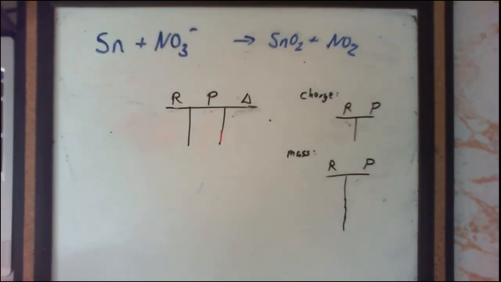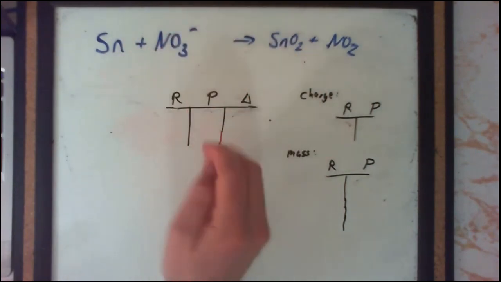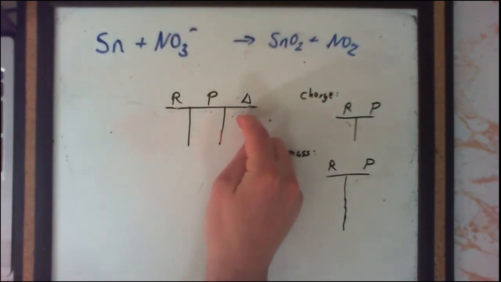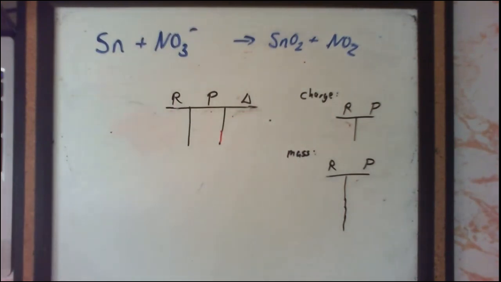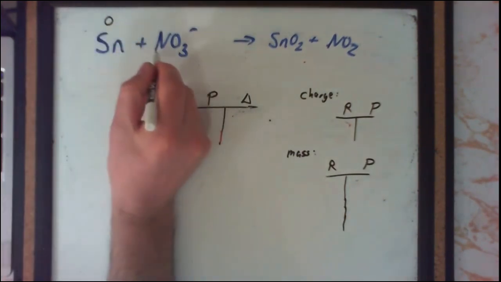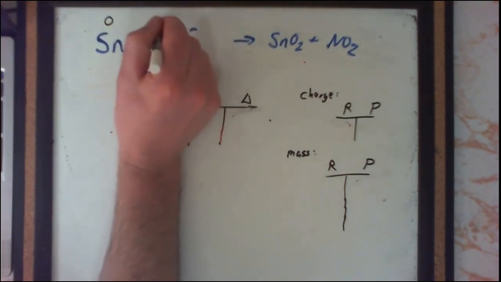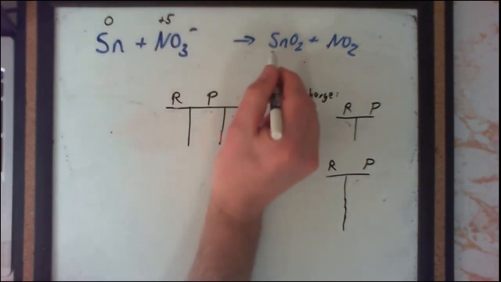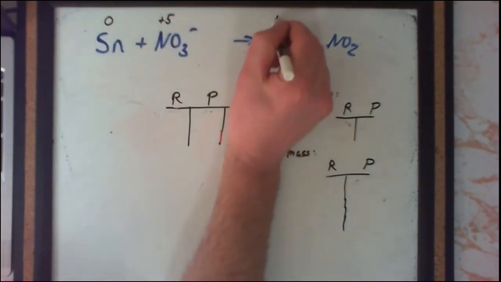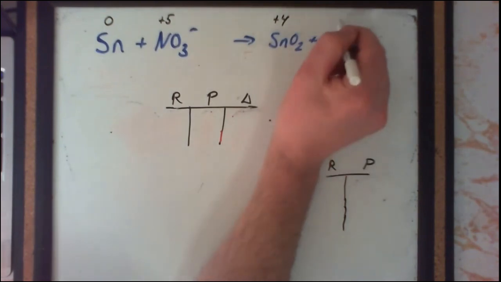The next step is to determine the oxidation numbers of the elements on the reactant side and product side, and to ensure that eventually the total change in oxidation number of what's been reduced equals the total change in oxidation of what's been oxidized. So we have our tin, which is an element, so its oxidation number is 0. Nitrogen is part of nitrate, has an oxidation number of +5. Tin 4 oxide has an oxidation number of +4, and nitrogen is part of nitrogen dioxide, has an oxidation number